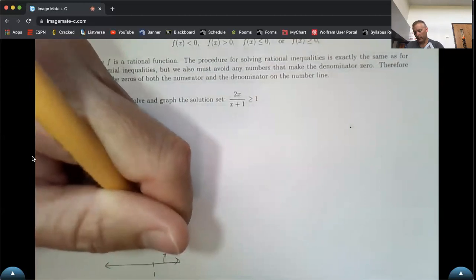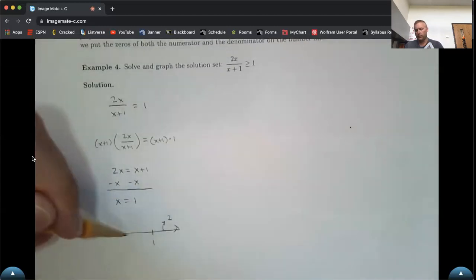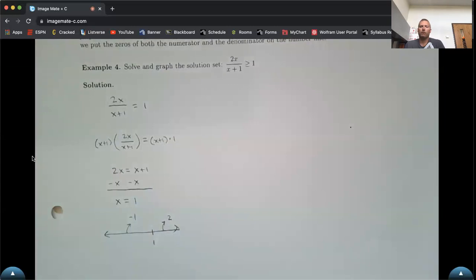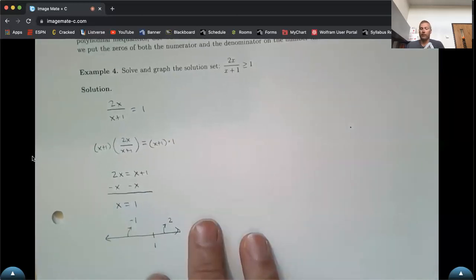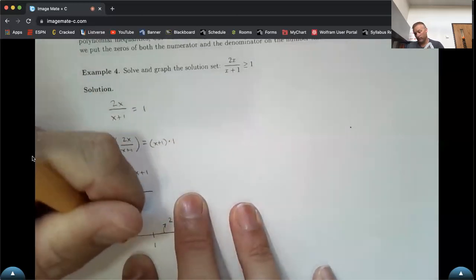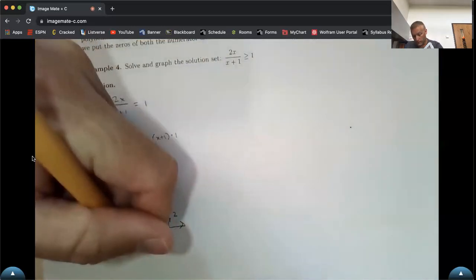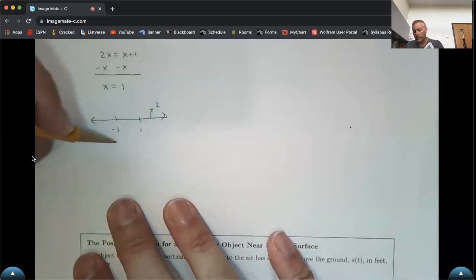now somebody could correctly say, okay, let's choose a number to the right, we'll pick 2. But then that person could come along and say, let's pick a number to the left of 1, that's -1. The problem with -1, it makes the denominator 0. So we can't use that number. What we do then is we're going to mark it off on the number line so that we can choose around it. Okay. So the -1 is here